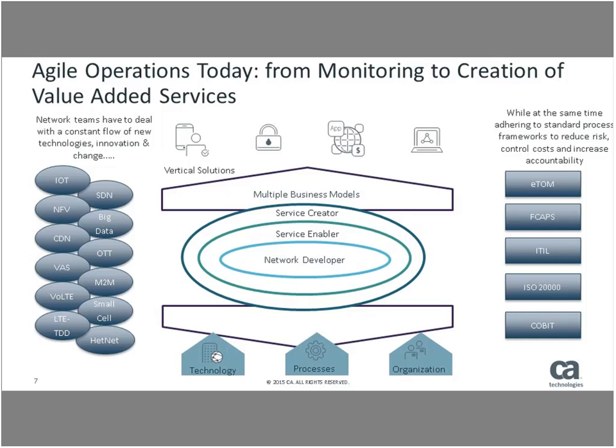So whether you're talking about a large internal environment or a customer-facing environment, being able to really enable the DevOps side of the house in terms of deploying new business services is what's really the difference between simply being an operations team as opposed to being a value creator within your company today. So this is a very important